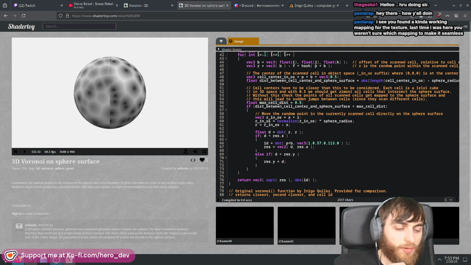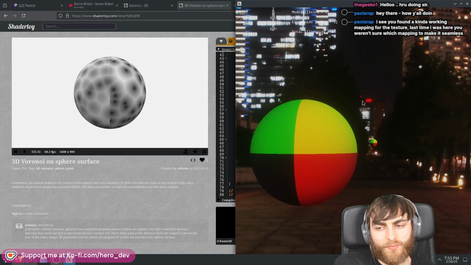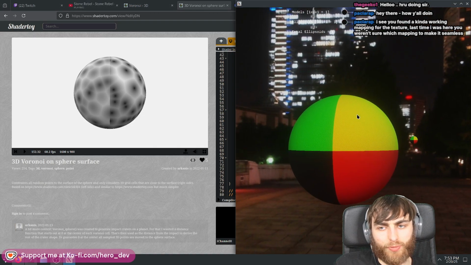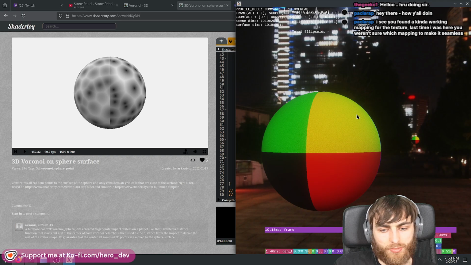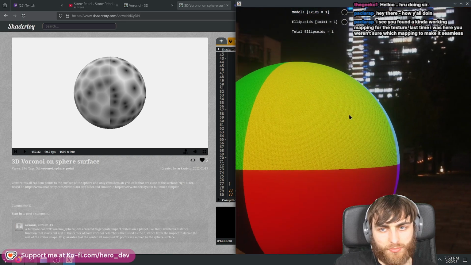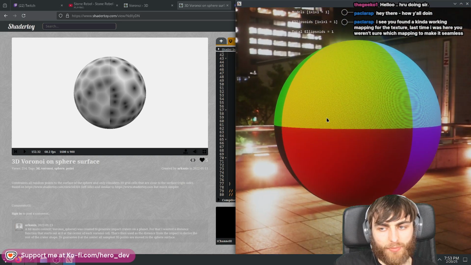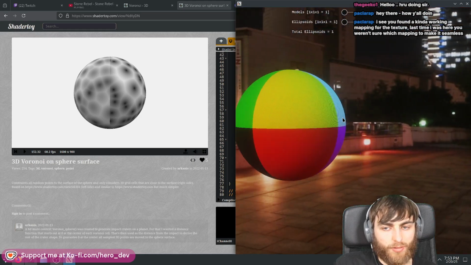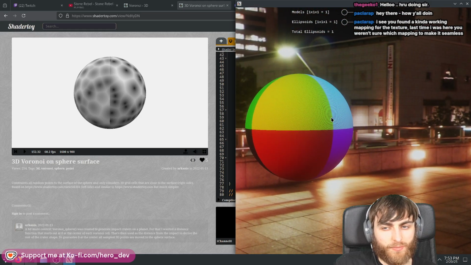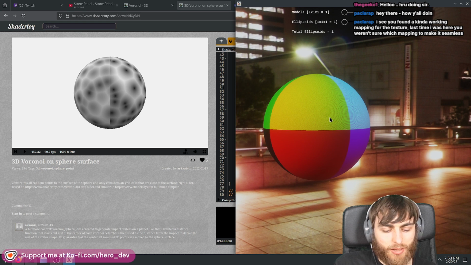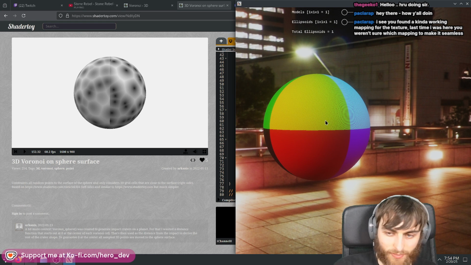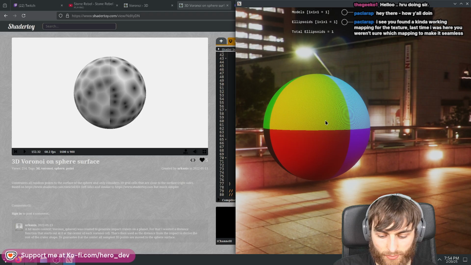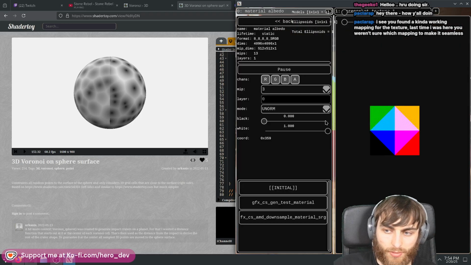So I decided to settle on, what kind of made the most sense was probably a cube map. But that's 6 sides, or 6 textures basically, right? So it's a lot of textures and stuff to manage. So what I ended up settling on was the octahedral